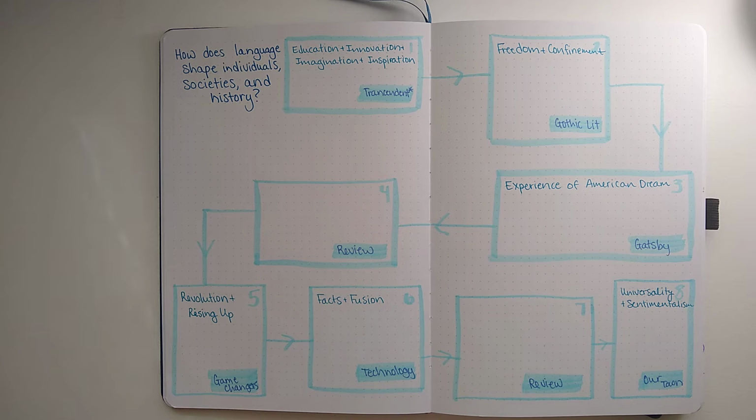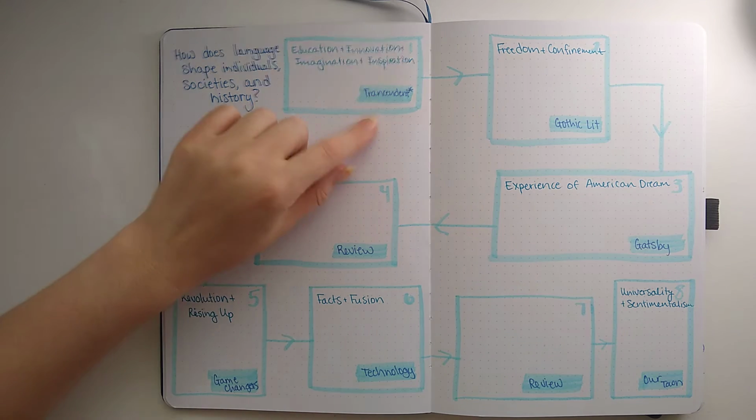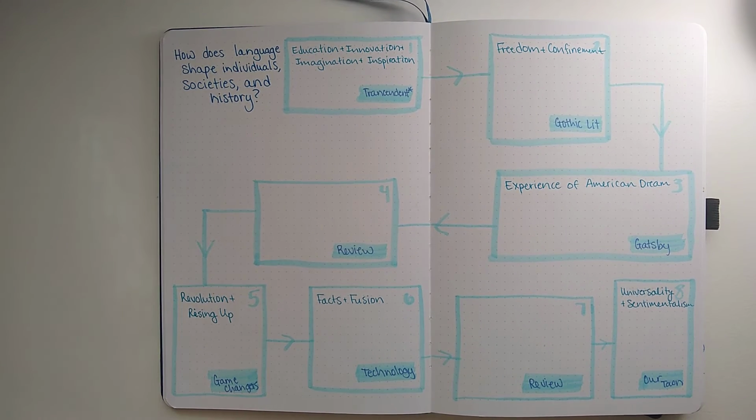So we're looking at transcendentalism to start, so I put that down since that's such an anchor. In general, our unit focuses on education, innovation, imagination, and inspiration. I'm also bringing in, because it's the start of the year, something a little bit lighter, not super light, to ease into. Although it's kind of going to be a slam because it's that jump to AP. But that's the first unit.